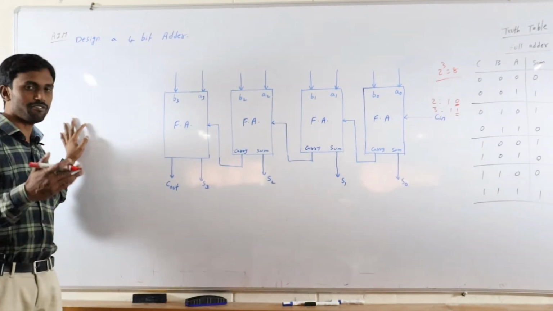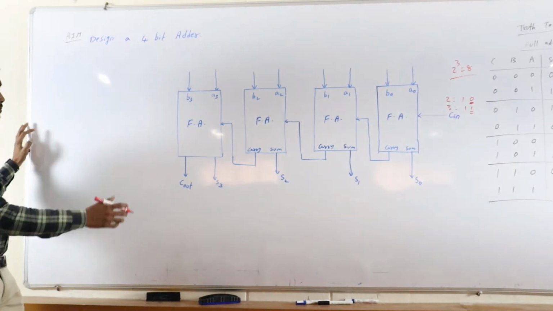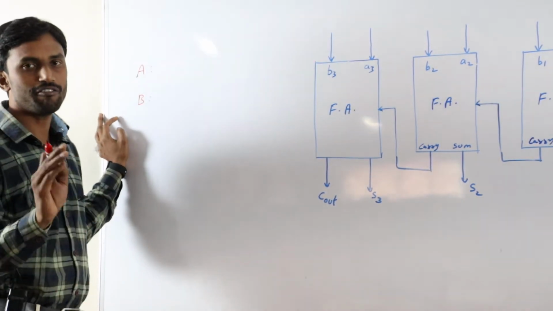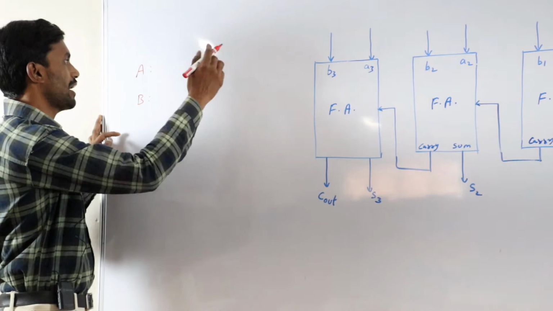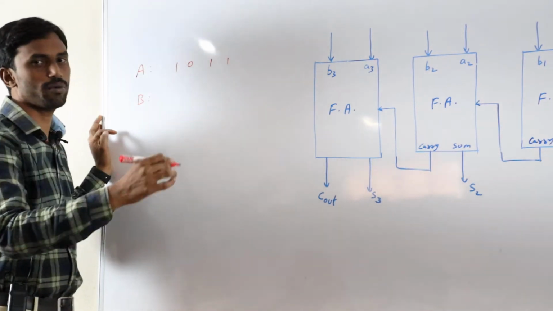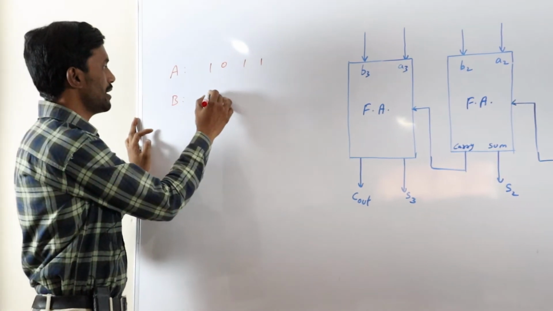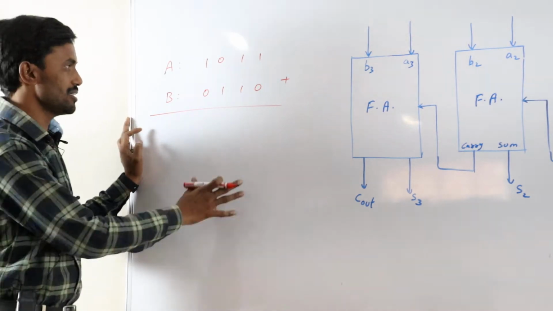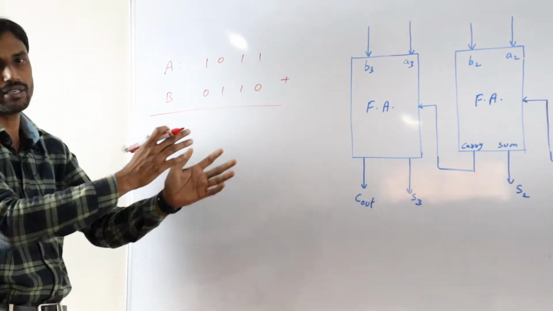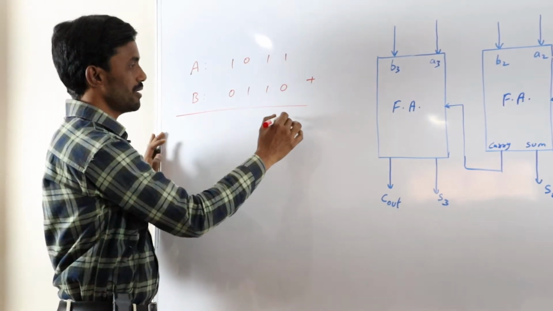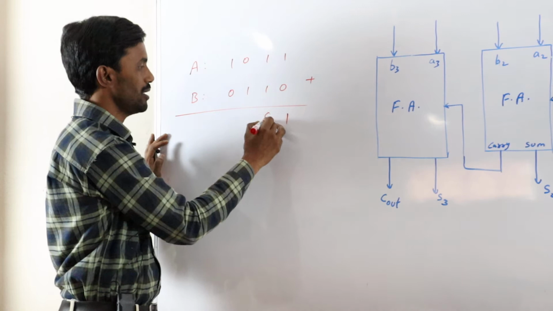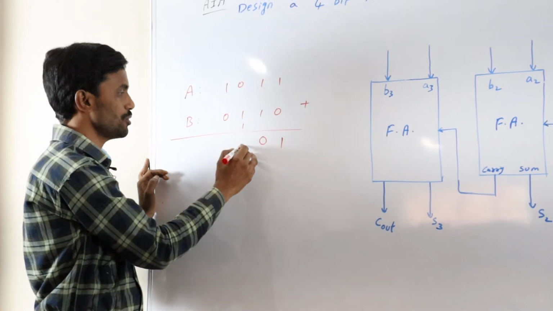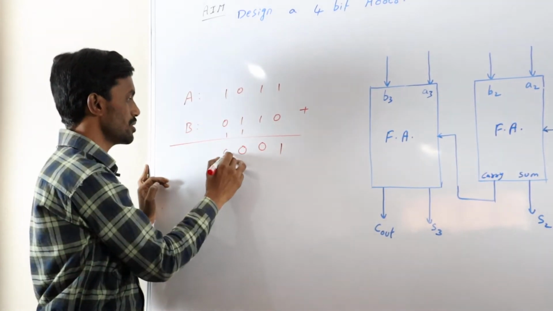Let's have a look at what the 4 bits are. Let's take two numbers, A and B. Let these be 4-bit numbers. Let me randomly take A as 1 0 1 1. You can take your wish. And B is another 4-bit number, let it be 0 1 1 0. Just perform addition. We will see this theoretical value and then let's see how we have designed it. So 1 plus 0 is 1, 1 plus 1 is 2, 2 is nothing but 0 and 1 is carry. Now we have seen that 2 is nothing but 0 with 1 as carry. Again 1 plus 1, 2, 0 and 1.